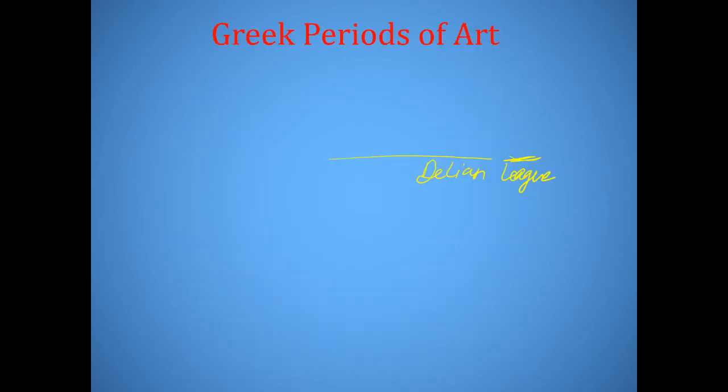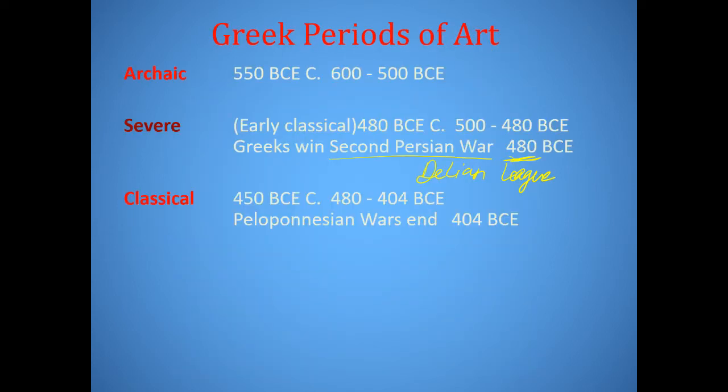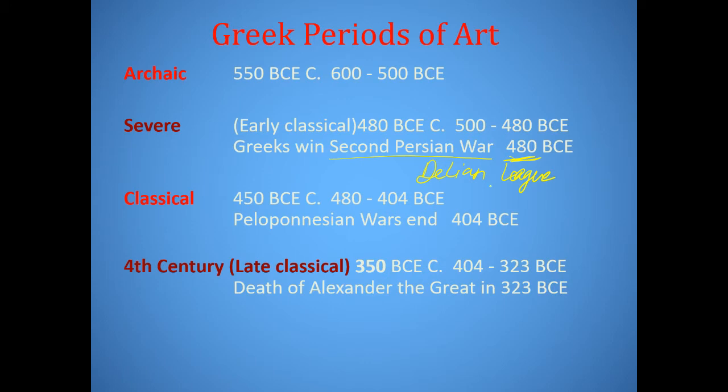And that's actually one of the interesting things about the Delian League. It's one of the first times in Greek history that the Greeks actually unified, apart from, if you believe the stories of the Trojan Wars around 1200, the Greeks coming together to fight a war in Troy. So the Delian League is important in that it brought unity amongst the Greeks. That unity was led by the Spartans and the Athenians. And that's going to be particularly important for understanding this period of the classical age, because it really is ushered in with the defeat of the Persians.